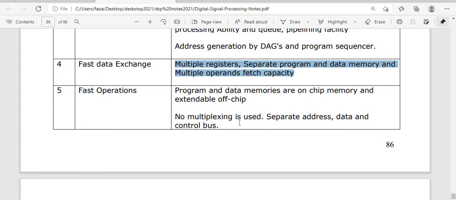There should not be a mixing of all the things, because multiplexing means we use different input combinations and get the output based on that. But here that kind of operation we are not going to use. Only program and data, whether on-chip or off-chip, should have extendable program and data. Clear?